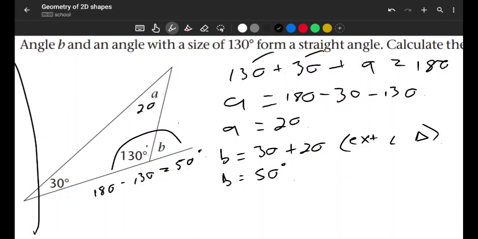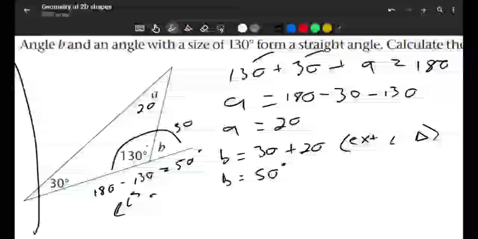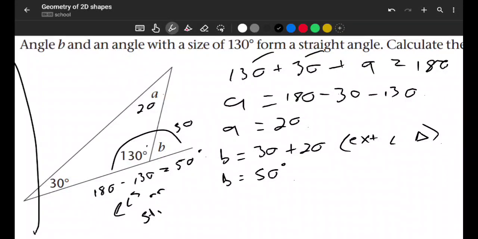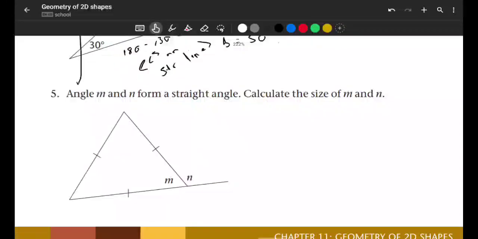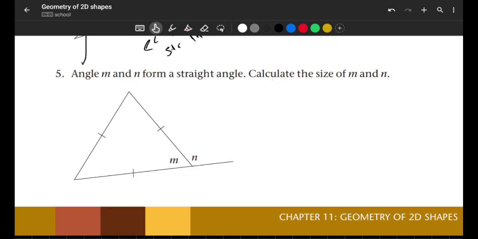B is equal to 50 degrees there, and then your reasoning can be angles on a straight line. You can attempt that by yourself, see if you get to the same answer. I just did this quickly and roughly so I can give you the answer and then move to this last one. Now they want us to find angle M and angle N in this